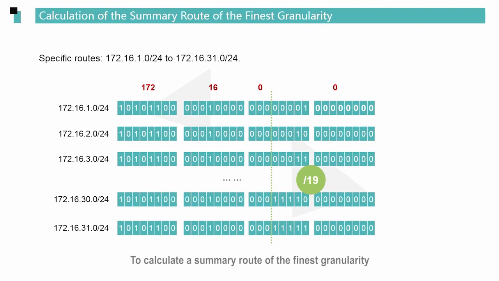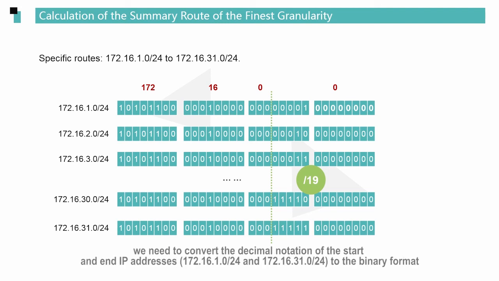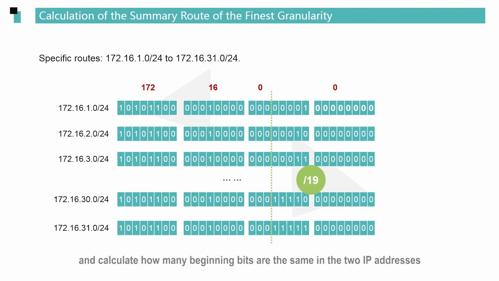To calculate a summary route of the finest granularity, we need to convert the decimal notation of the start and end IP addresses 172.16.1.0/24 and 172.16.31.0/24